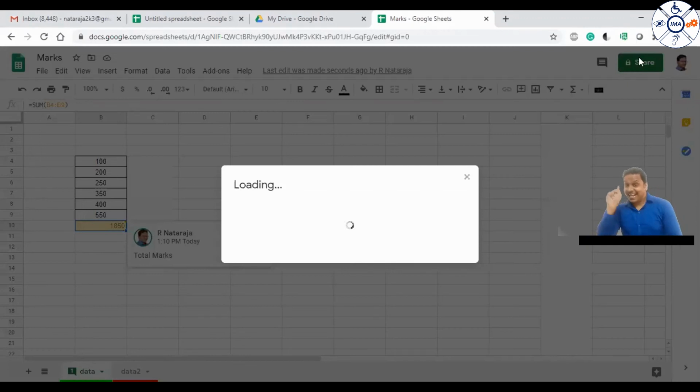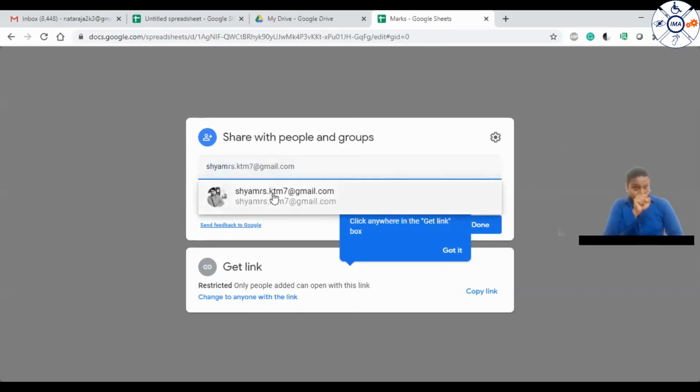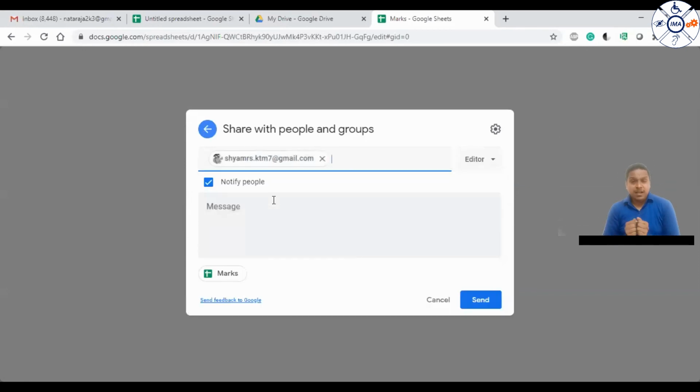This will open up a dialog box and ask me to whom I want to share this information. Either I can type in the email ID, and click on send, so this mark sheet gets sent to this particular person.